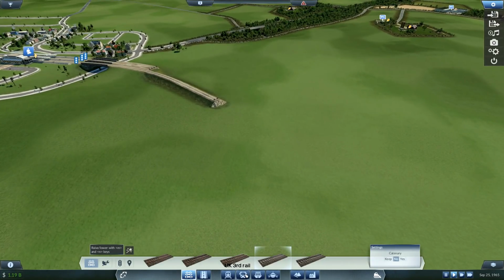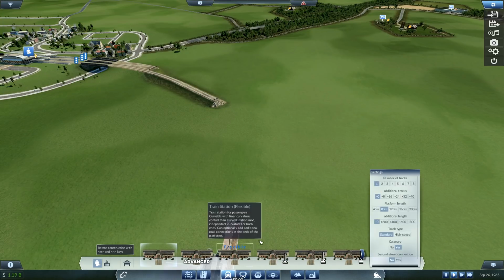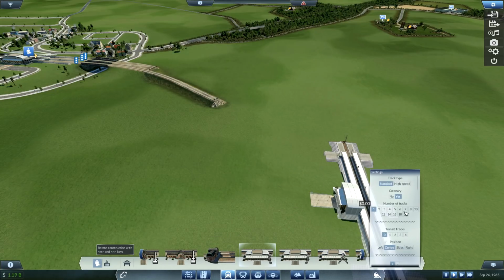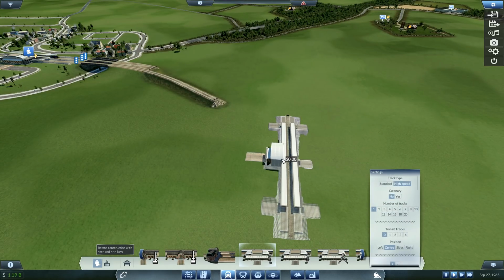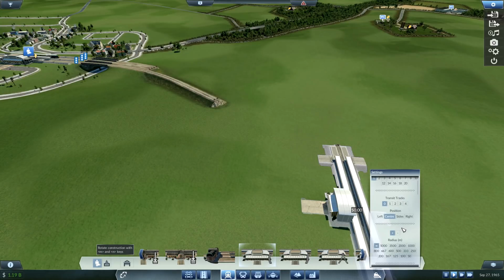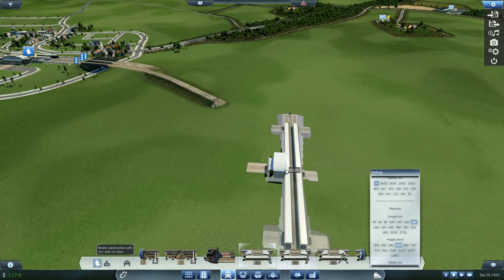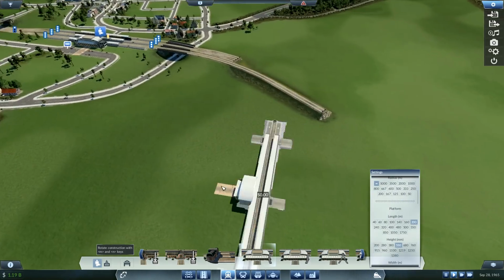Let's put in our station, shall we? This one is nothing spectacular. Do like these, and we all know why I like this. It's my go-to station, really. I love the fences. There's a lot more work done on this, but it's the fences I love. We're going to go with a...